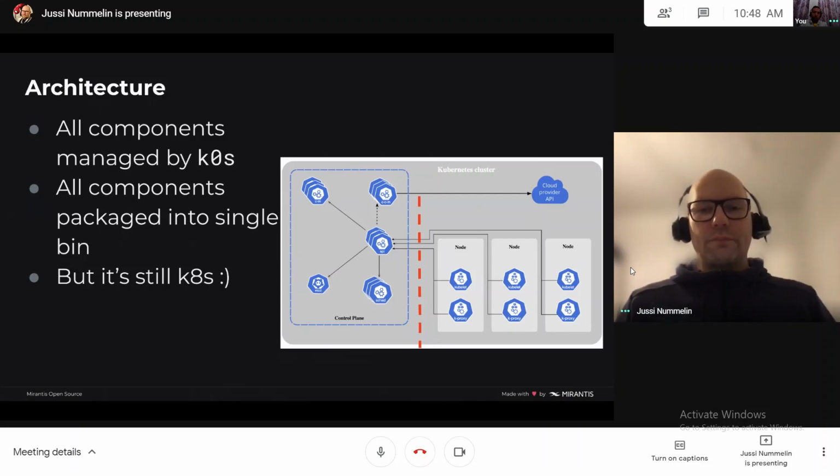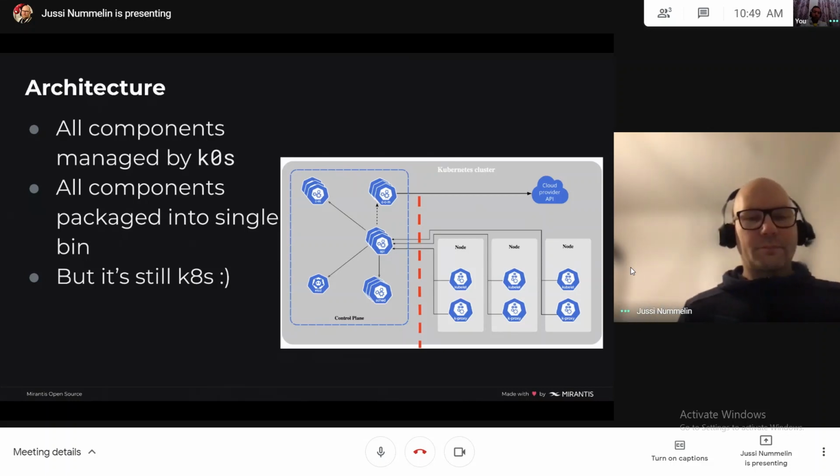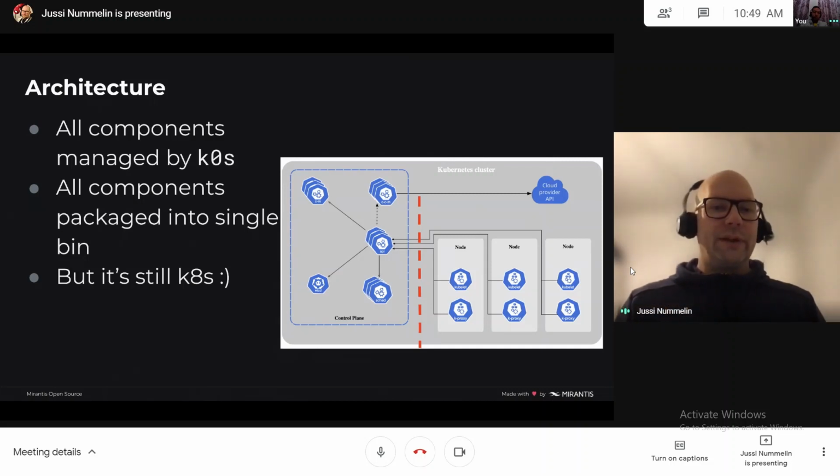So you have your Kubernetes components like API, scheduler, controller manager, whatnot. And then on the worker plane, you have your nodes that are running kubelet and kube-proxy and some other components. Yes, of course. It's still a standard and conformant Kubernetes setup.